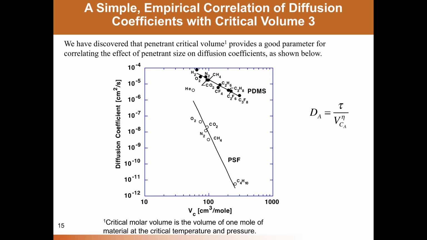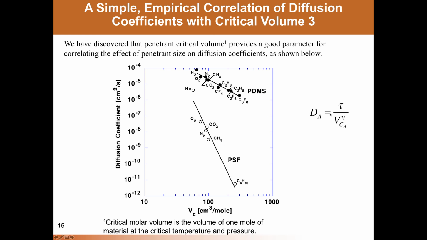the barriers, the cohesive energy density between the polymer chains, the barriers to rotation about the polymer segments are so much lower than they are in a glassy material like polysulfone that at ambient conditions, 150 or more degrees above its Tg, molecular motions are widespread, and the occurrence of gaps that are large enough for even large molecules like propane and perfluoropropane occur with great frequency, much greater frequency than they do in something very stiff and rigid and glassy like polysulfone. And so the slope of this